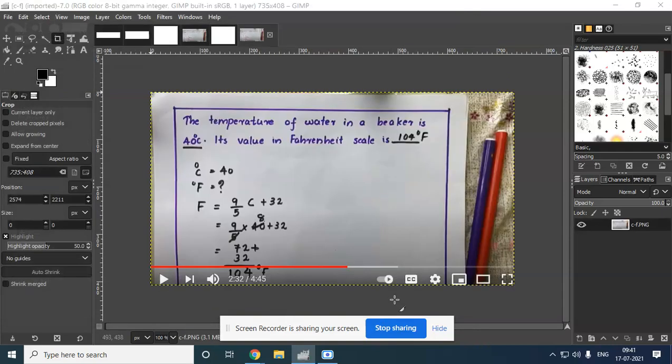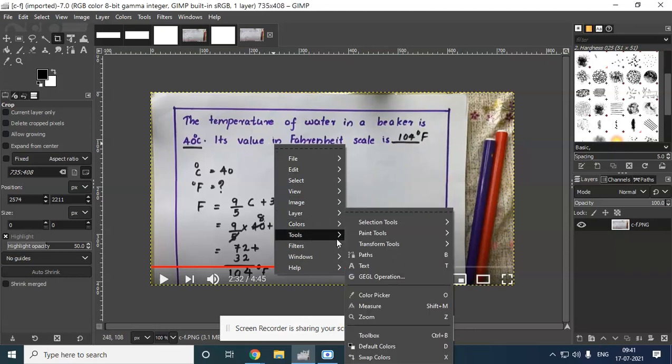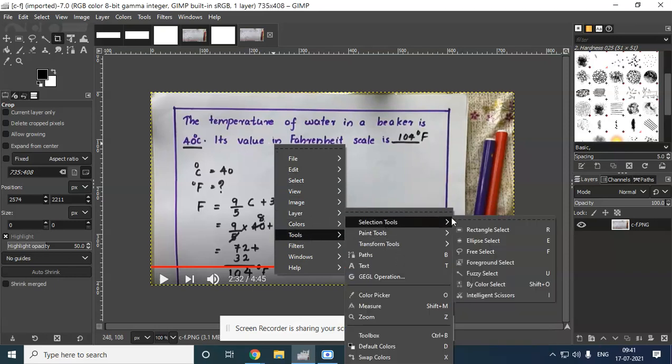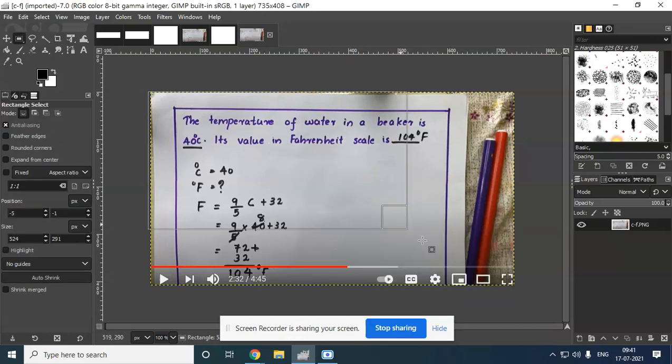So for this image, you want to crop. You don't want this area, you want only this area. Then what you have to do is right click, click on Tools, and from the selection tool just select the rectangle, select this part and press Enter. So this is your rectangle selection.